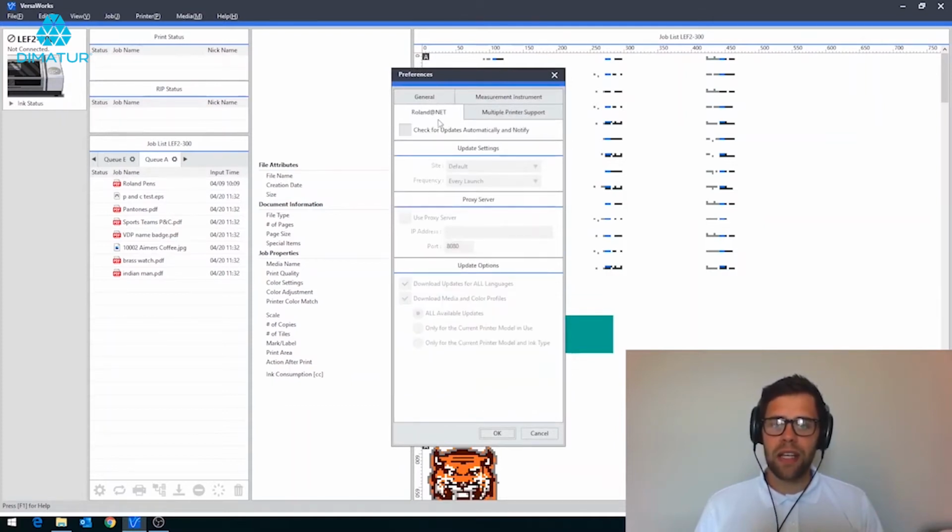If I click on here, this is how it will look as default. So this whole area down the bottom is greyed out. In order to check for updates automatically and then notify you when an update's ready, we'll firstly check this box here. The great thing about this feature means that because it asks you before you go to upgrade, it ensures